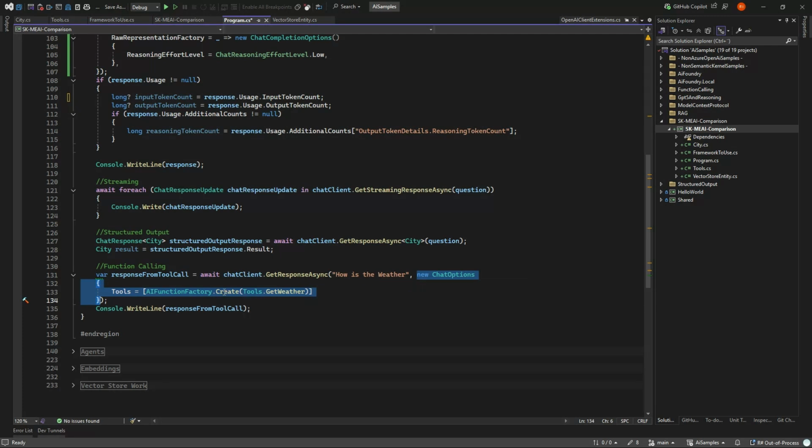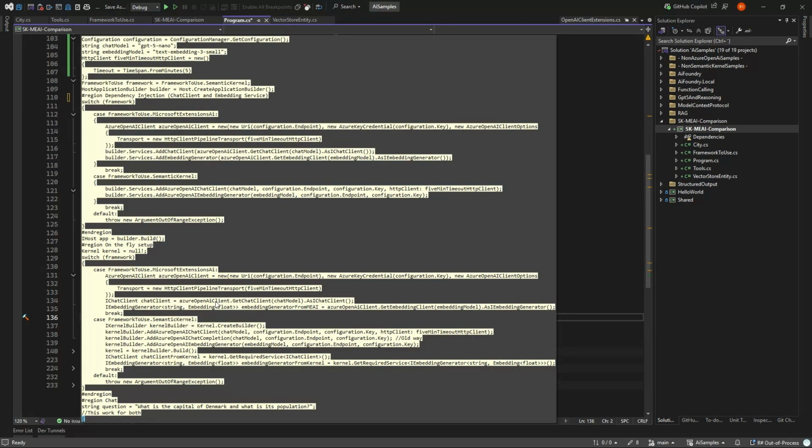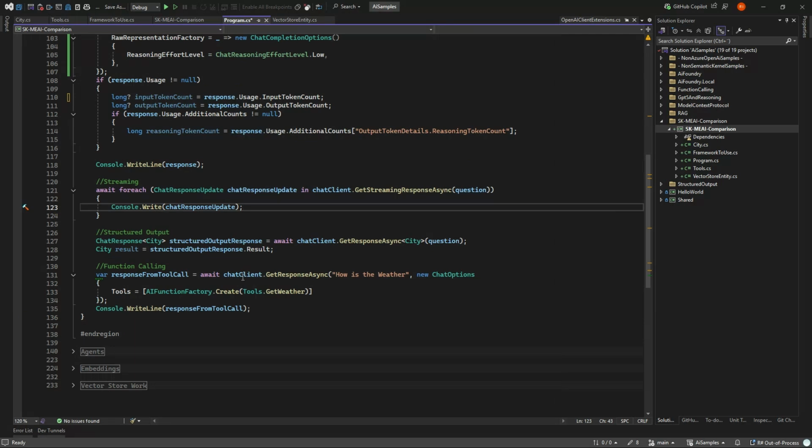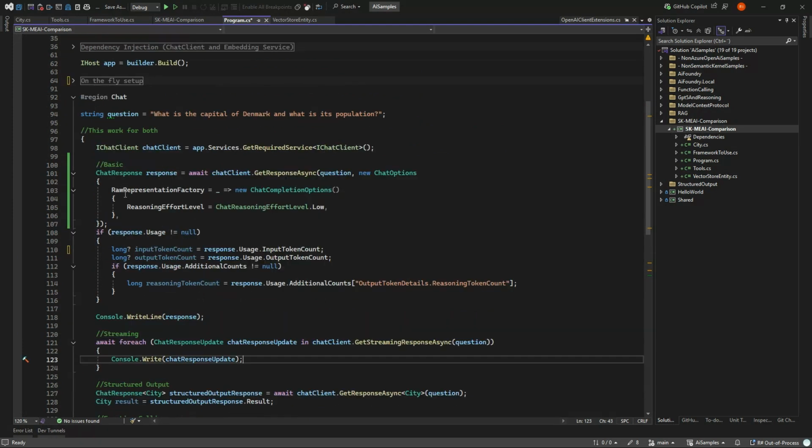You just create your function as some kind of delegate, and then you can use your tools. So again, all this can be done with both Semantic Kernel as the setup or Microsoft Extensions AI as setup. So this is actually not how I use Semantic Kernel.